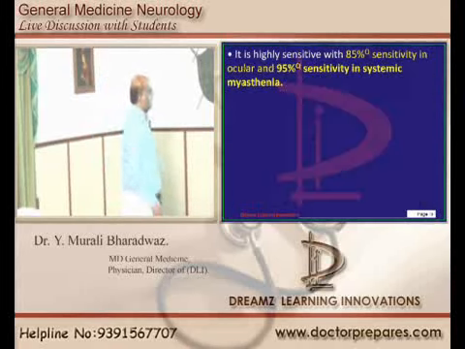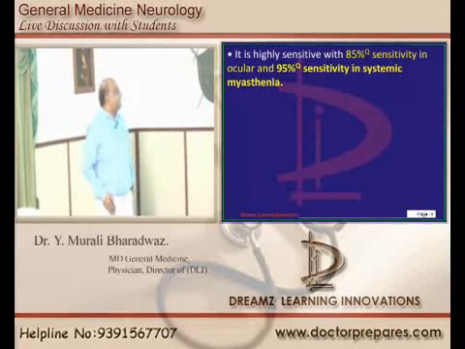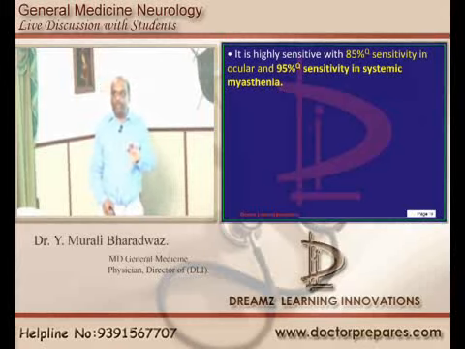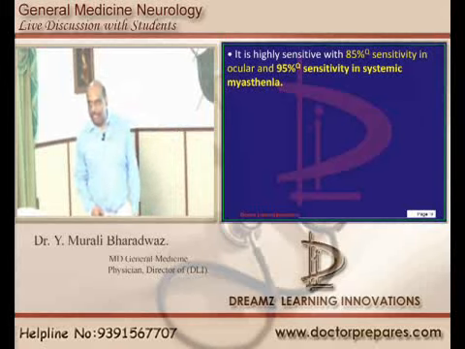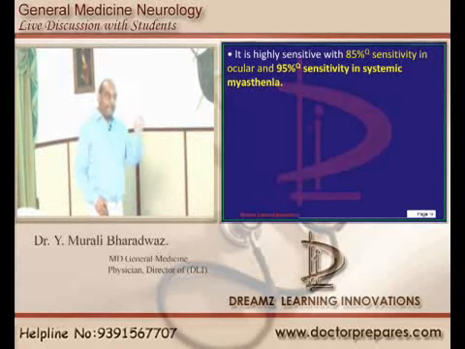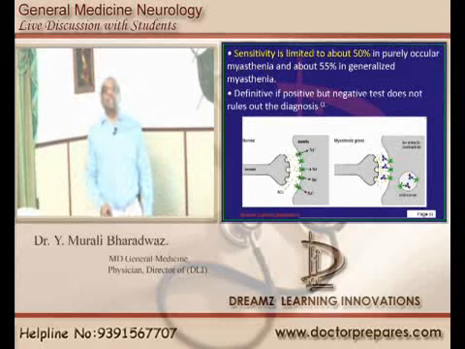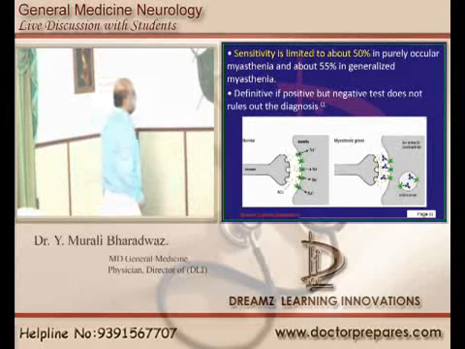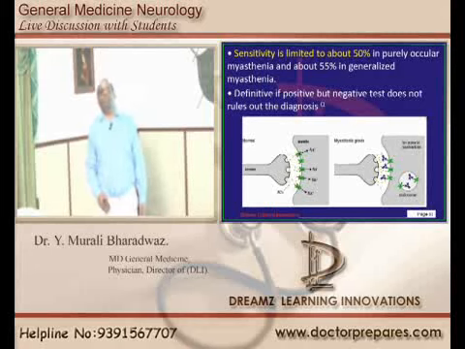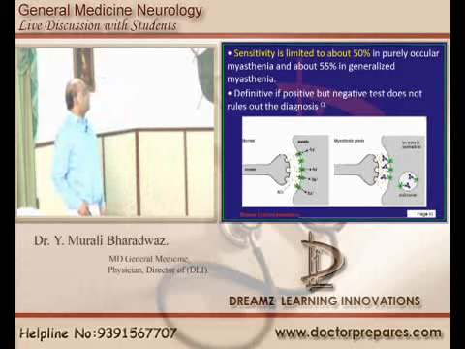It is highly sensitive, especially if the myasthenia gravis is only ocular, it is 85% sensitive. Sometimes you only have a limited ocular myasthenia; the whole body is not affected. If it is whole body, then 95% sensitivity is there for the edrophonium test. You can also assess the acetylcholine receptor antibody levels, but the sensitivity is very low, only 50%. So that's the reason, doctor, you must know what sensitivity and specificity are, and why we do that.